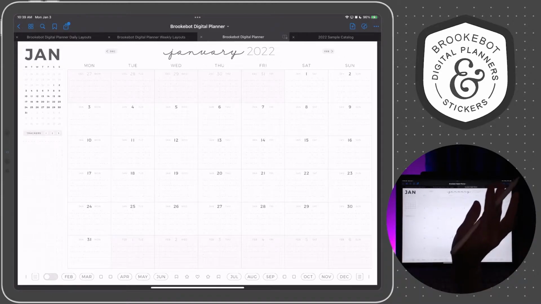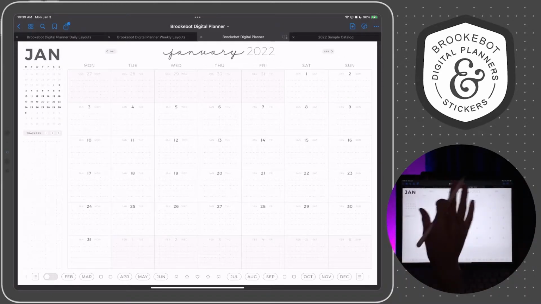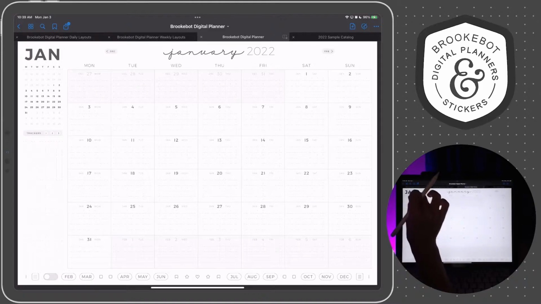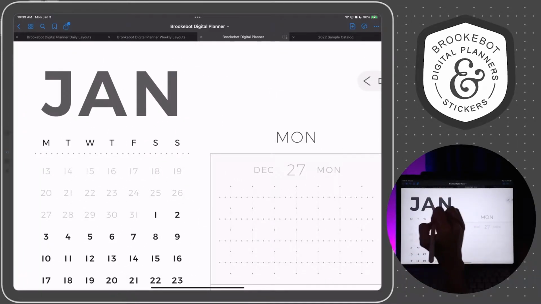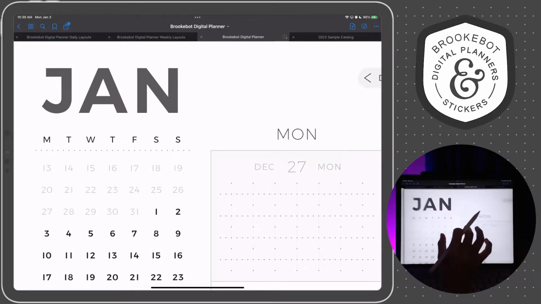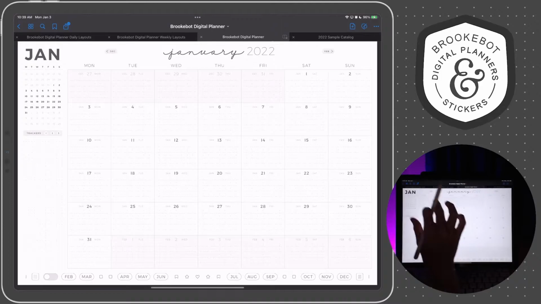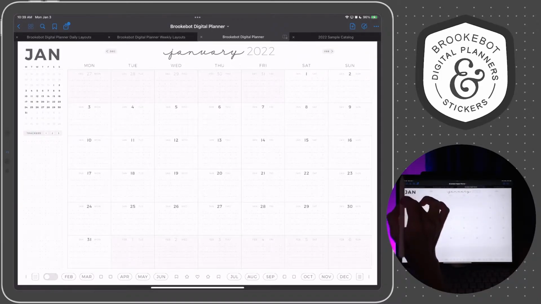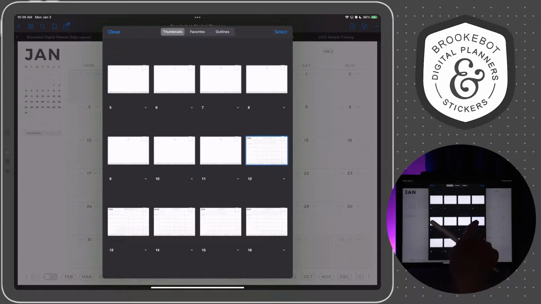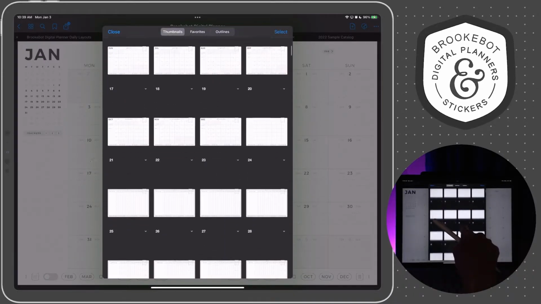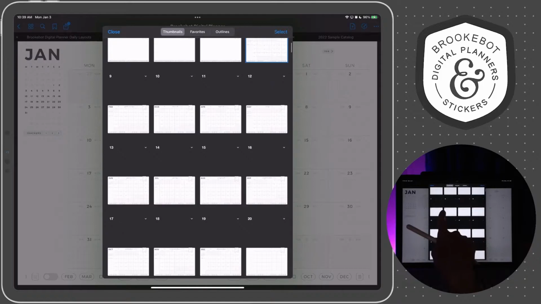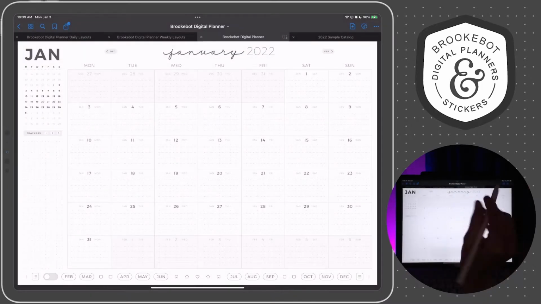And this year, I'm going to tell you about some changes. Let's just go ahead and start from the top left corner. Here, we have the abbreviation in really bold lettering for this monthly calendar. And let me show you why I did that. If you're ever in the thumbnail view, GoodNotes has really tiny thumbnails, and I find it easier to see very large, bold text. So if you are scrolling through your thumbnails, you can see a little bit better what month you're going to be clicking on from the thumbnail view. So that's why that's different.